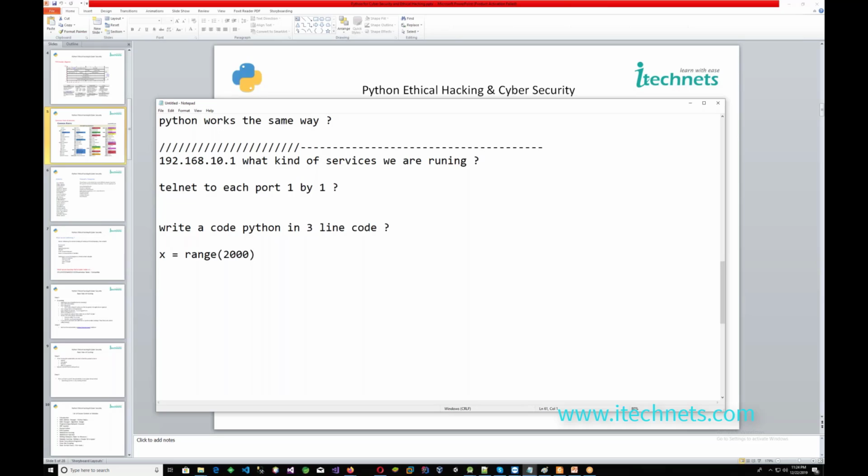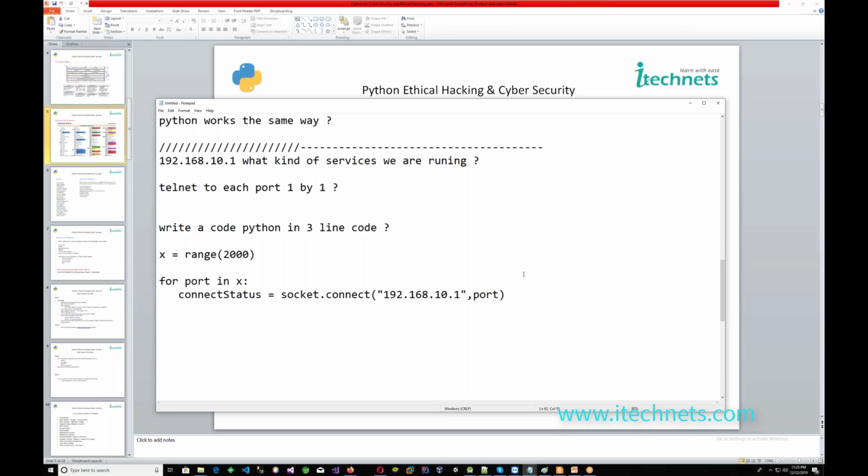What I will do: for port in x, connect status equals socket dot connect, and this will have 192.168.10.1, and comma, the port value will come here.